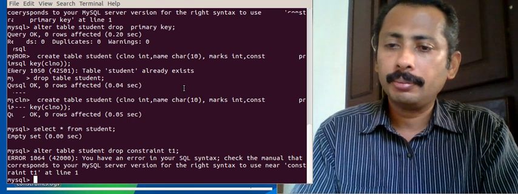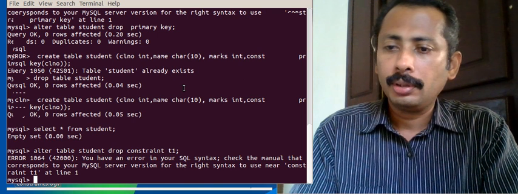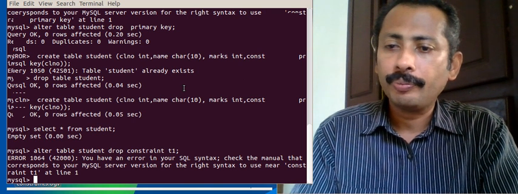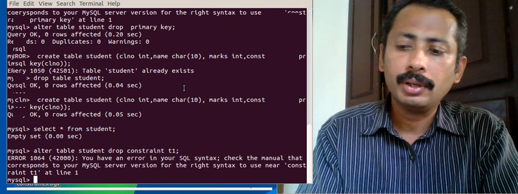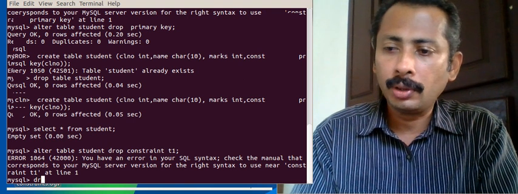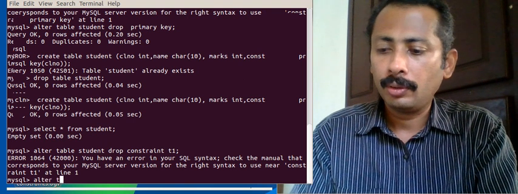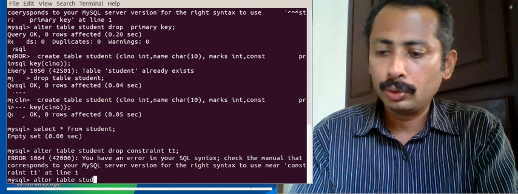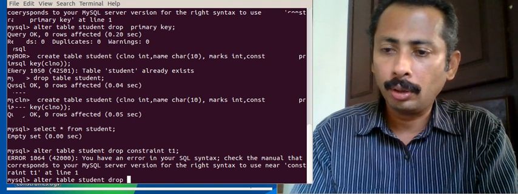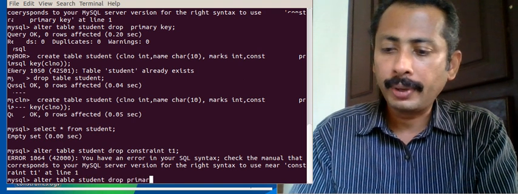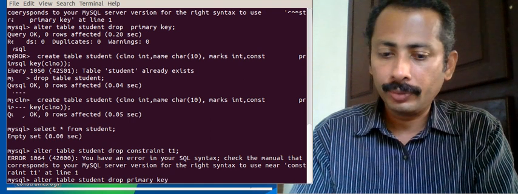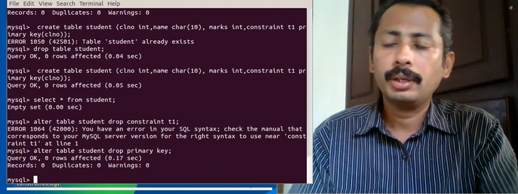That means the constraint was primary key, and the name was T1. So we will try this: alter table student drop primary key. The constraint primary key has to be dropped. Okay, so it works.